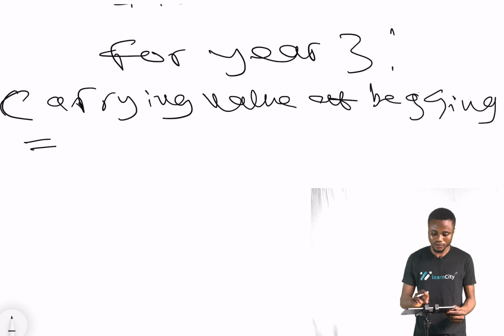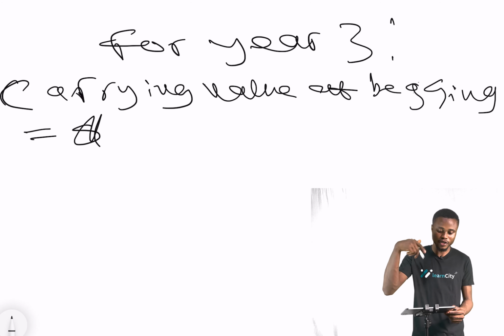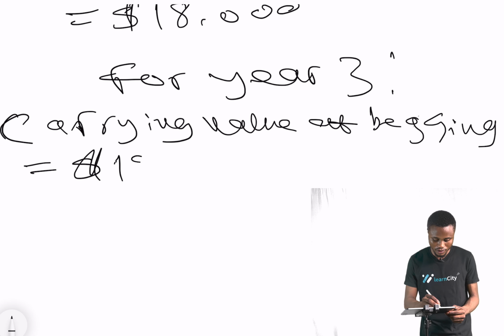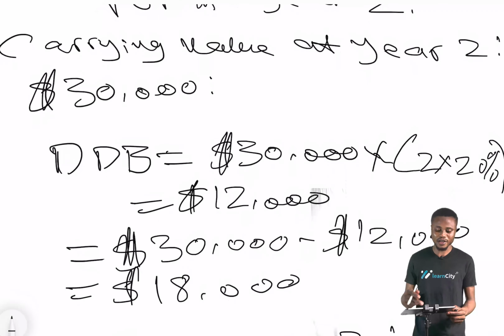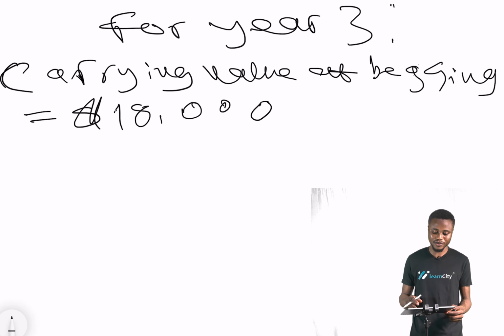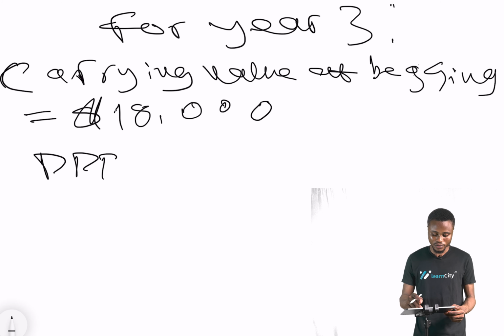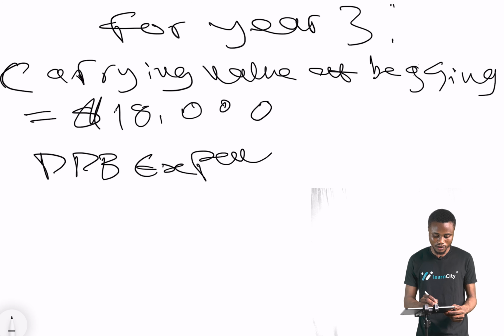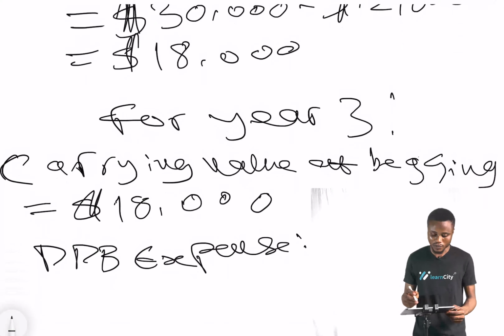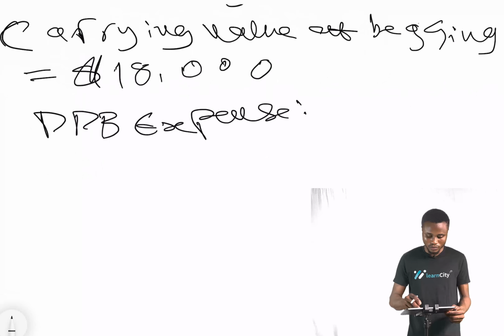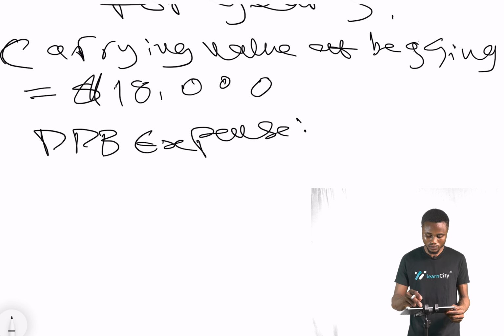So how much is it? It is 18,000 US dollar, because we are using the ending balance for year 2. So it's quite simple. You apply the formula again for this particular one, just like we did for year 2. It will be DDB expense, 18,000 US dollar